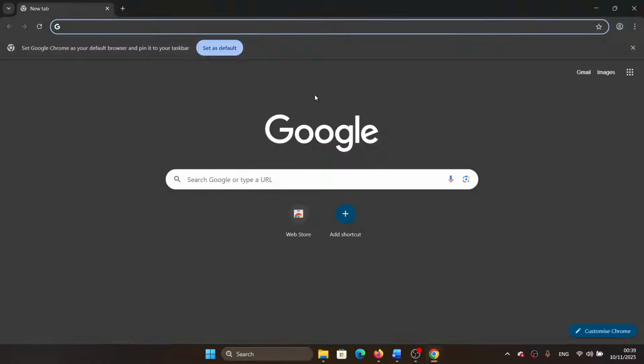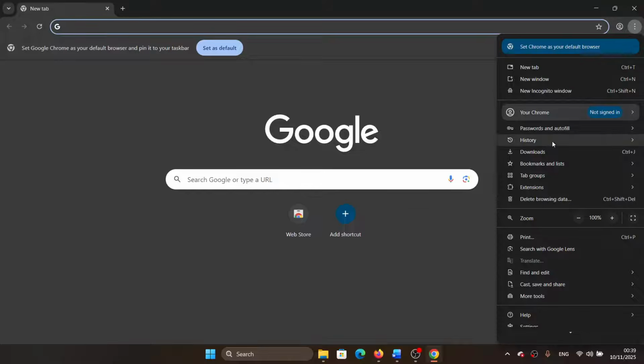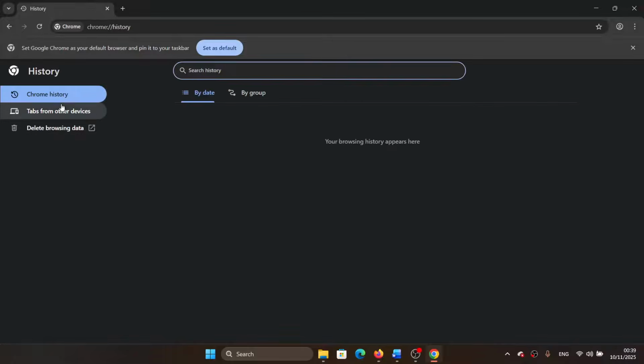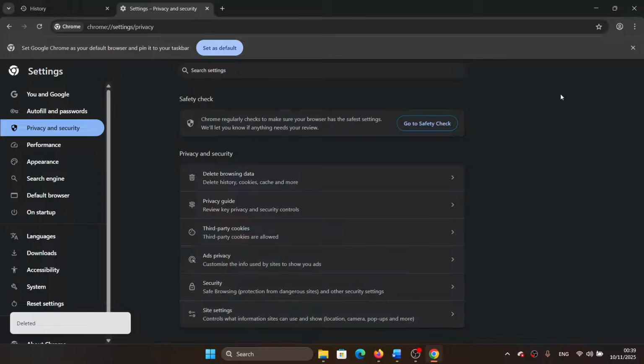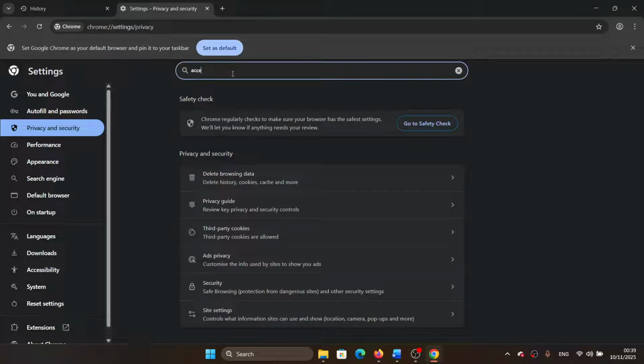So open Google Chrome, click on these three dots at the top right corner, select history and click on history once again. Select delete browsing data, change the time range to all time and select delete from other devices. And then search for Excel